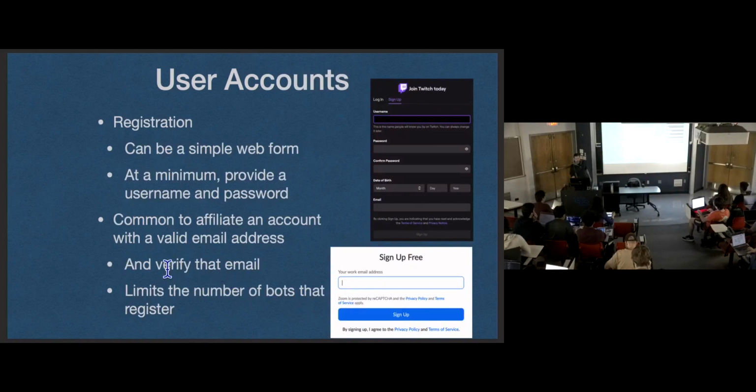It's common to verify an email these days. The reason for this is largely to limit bots. Bots will bombard your server with all kinds of accounts if they have any desire to, but they won't be able to verify email addresses, at least not easily. So that stops a lot of bots in their tracks, and sometimes you have the CAPTCHAs too, of course. That's all bot prevention. That's why we have to verify our emails these days, mostly to prevent bots.